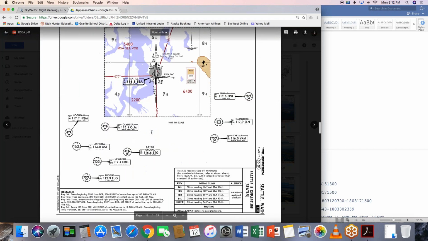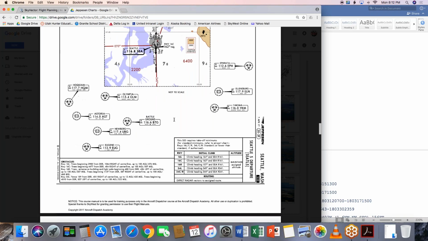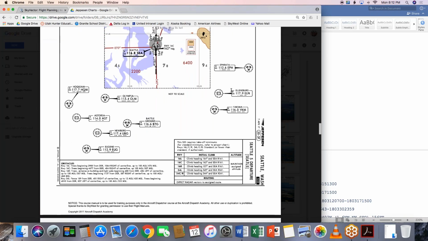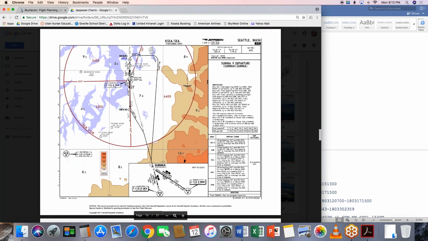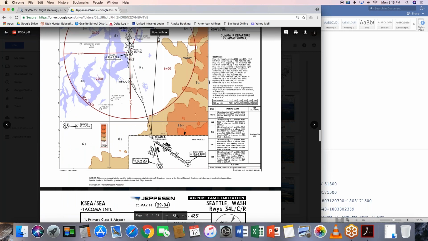Okay, Seattle 5, as you can see here, spits us out to the south. Everything's a southbound departure. We have all of these VORs, right? There's an arrow pointing straight north. Yeah, so looking at this,